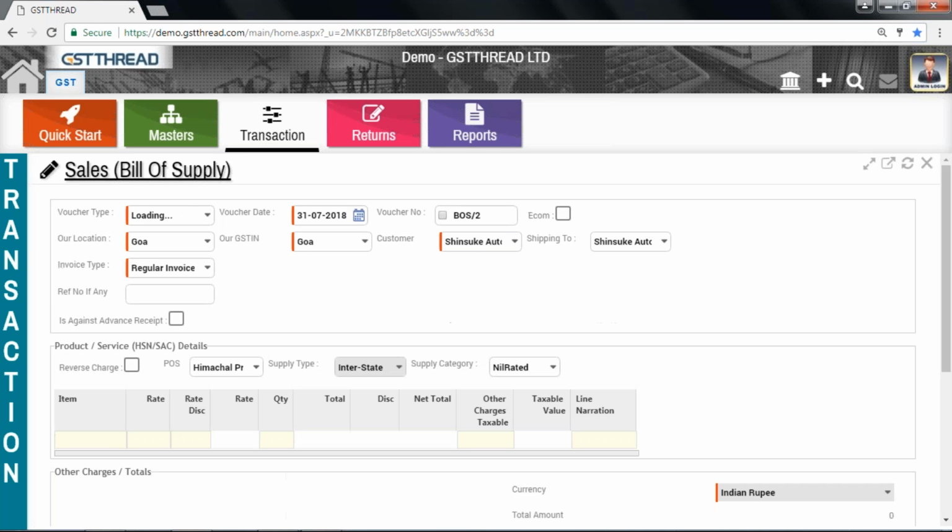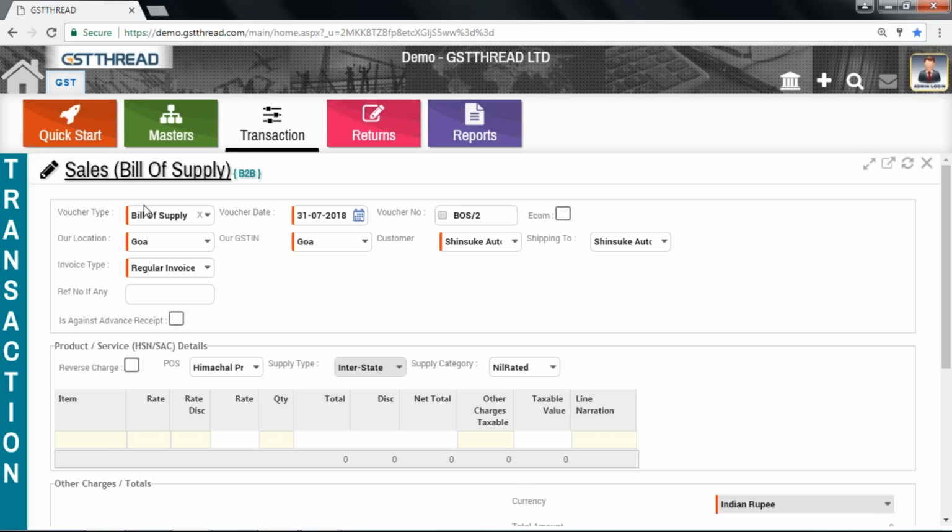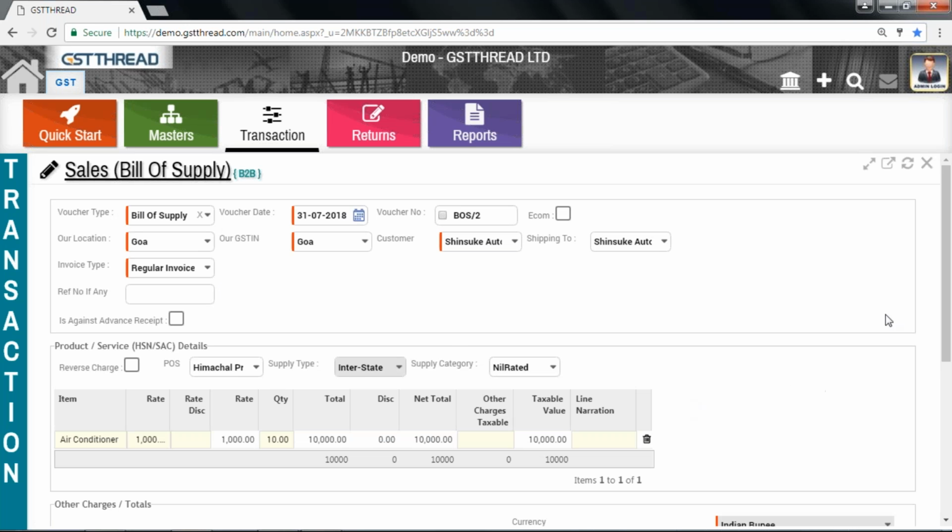Voucher type shall be bill of supply, voucher date, voucher number, our location, that is we have selected it as Goa, and our GSTN number, the customer, then shipping to, then invoice type shall be selected as regular invoice, then voucher number, it can be entered either manually or it can be system generated.